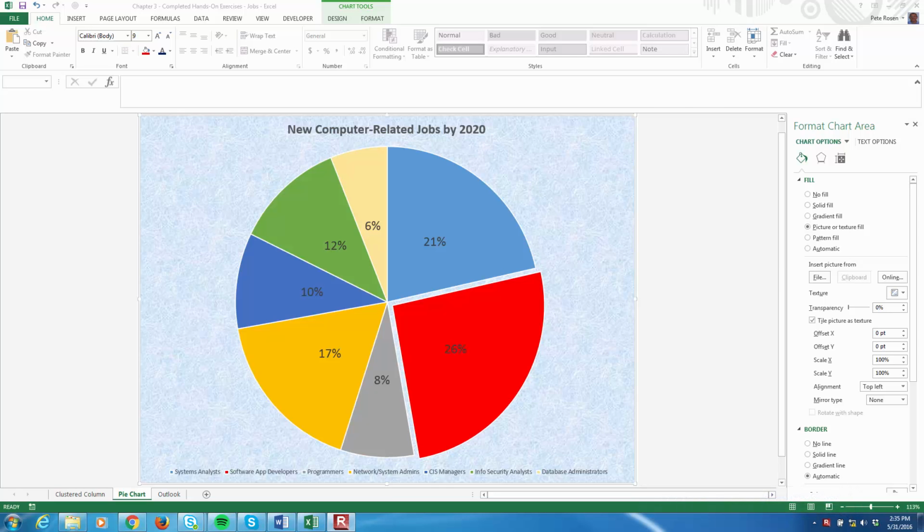Okay, we're back with the final hands-on exercise for Chapter 3 on charts. This is the third hands-on exercise. We're going to learn about applying chart styles, applying chart filters, and inserting and customizing sparklines. So let's go to the Outlook sheet,